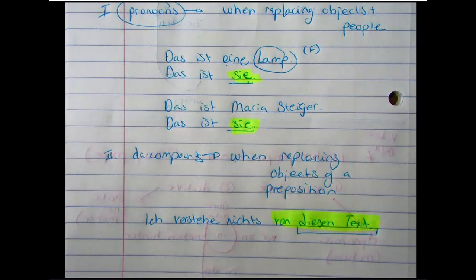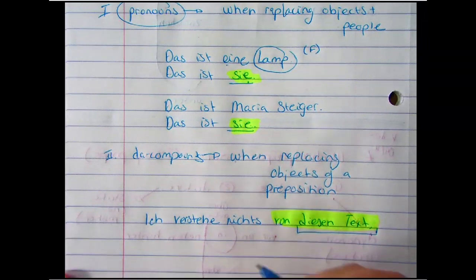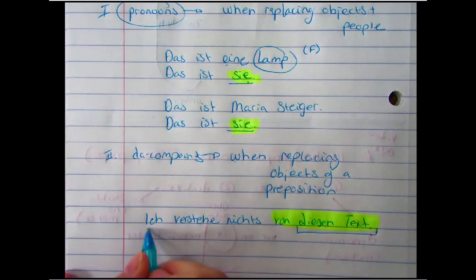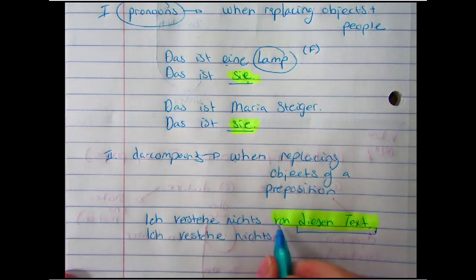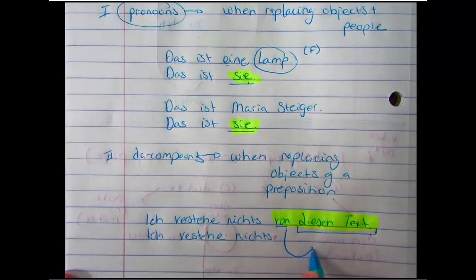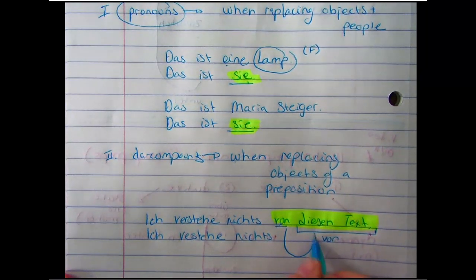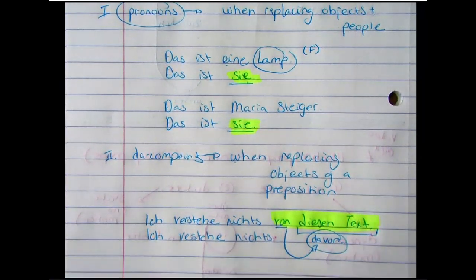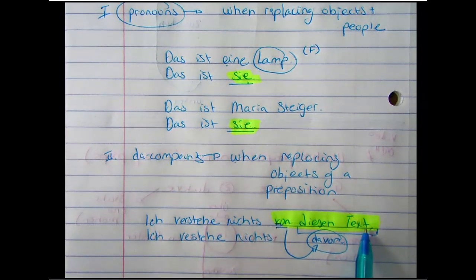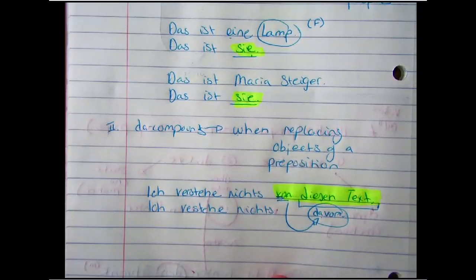Now I want to state another sentence with that, or I just want to restate the sentence in my case right now to make a point. What you're going to do is use the da compound with that preposition. That's why it's called a compound. So you're going to use von, and you're going to stick da in front of it. So ich verstehe nichts davon is a way to restate that without stating the whole prepositional phrase. So one example is davon. Okay, another example